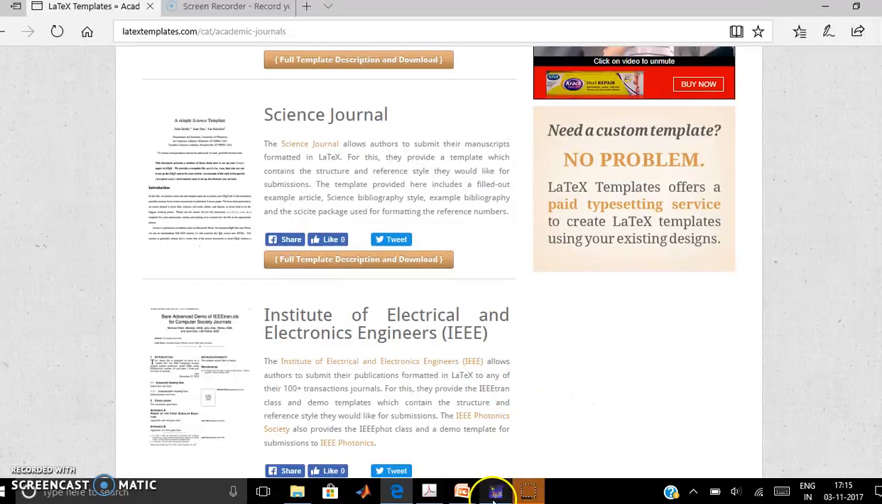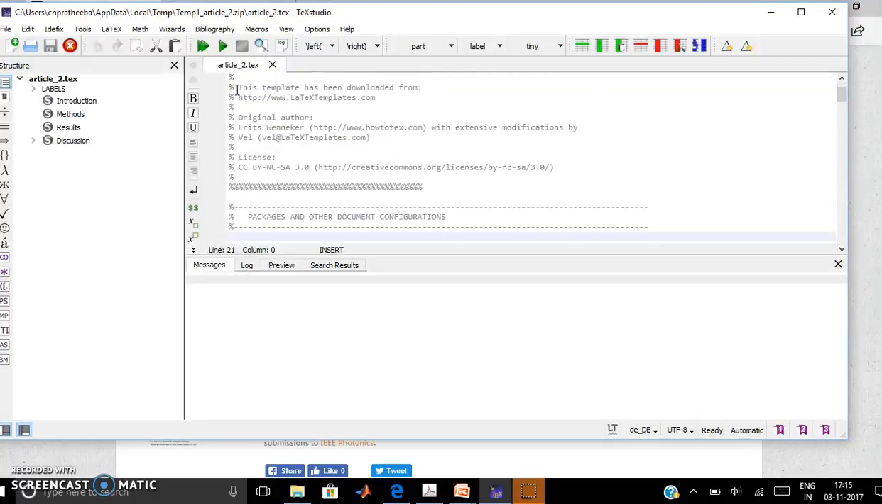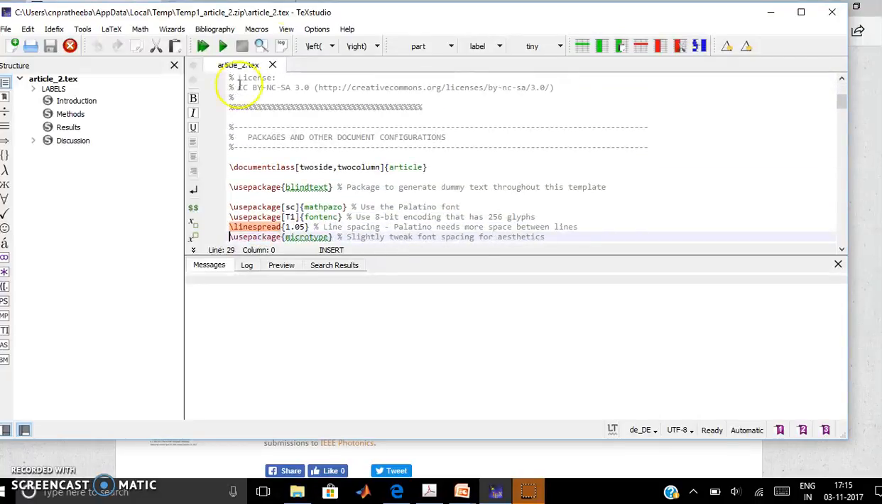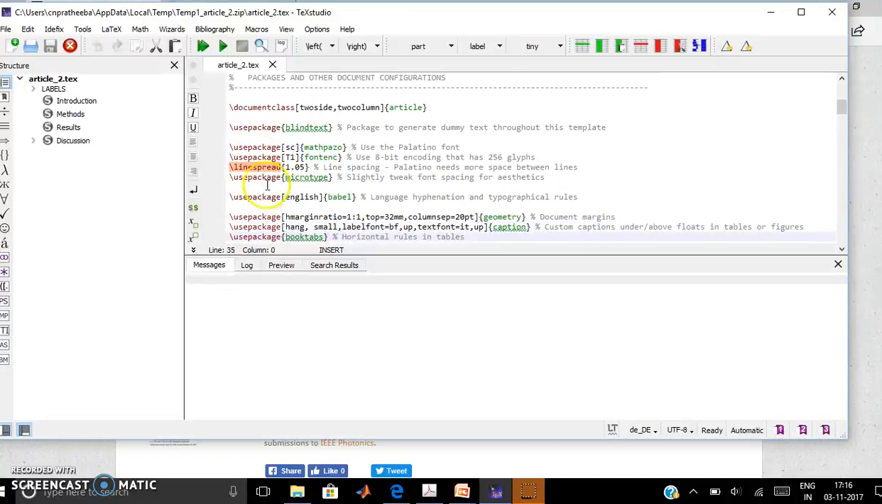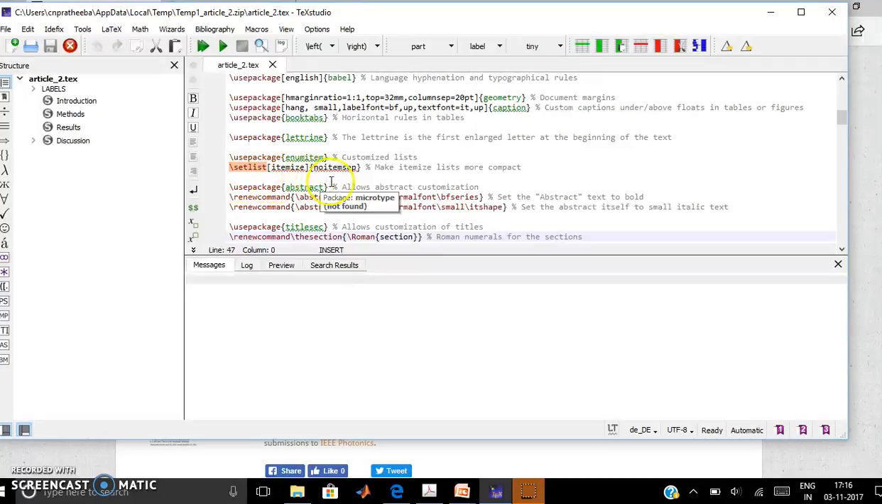Now I've downloaded such a template for the ACS website, which is called achemso class. So this is the template I have opened in a text editor, and the sections which are preceded by percentage marks, or comments, will not be compiled by the LaTeX editor. Now the first thing is the class is described, two side, two column and article. This section tells you what are the packages that are used, like blindtext, mathpazo, fontenc, microtype and so on. The next section tells you what kind of list has to be set,